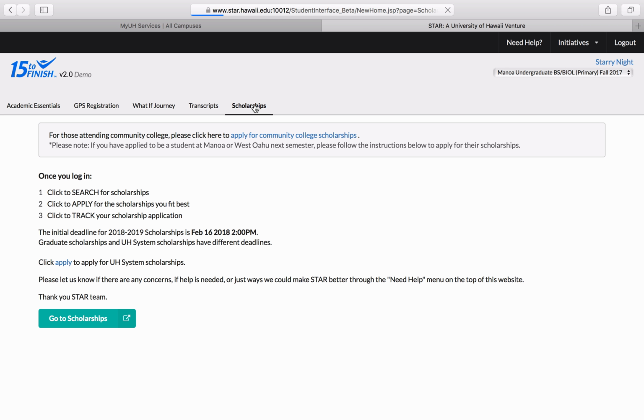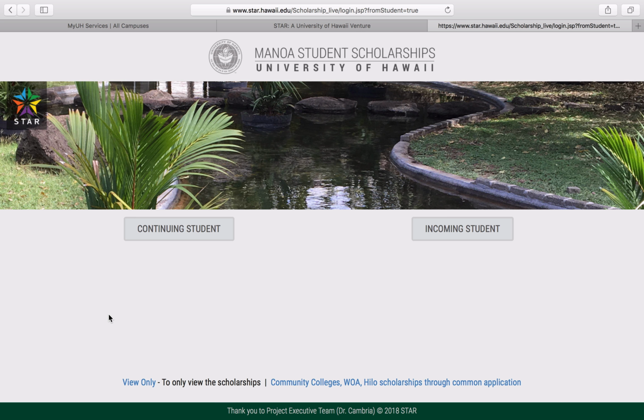is the Scholarships tab. When you click on the Scholarships tab, you will see a button that leads to the Scholarships portal labeled Go to Scholarships. Next, select whether you are a continuing student or an incoming student to the UH system. Many of you are incoming students, so you will simply need to submit your UH ID number to log in as a guest. However, if you're transferring from a UH systems school into Manoa, then you may log in as